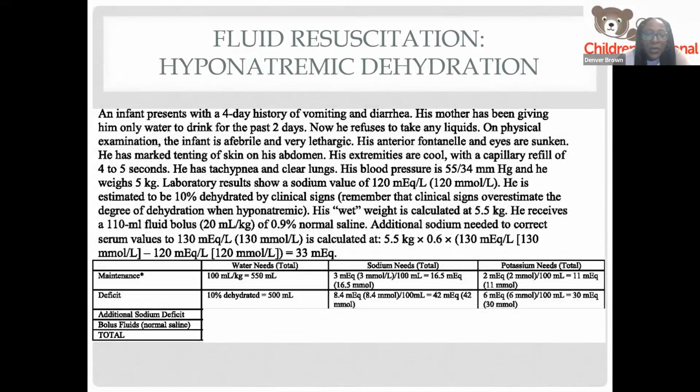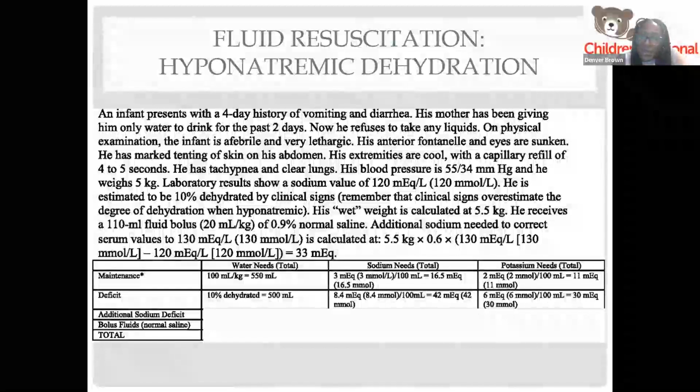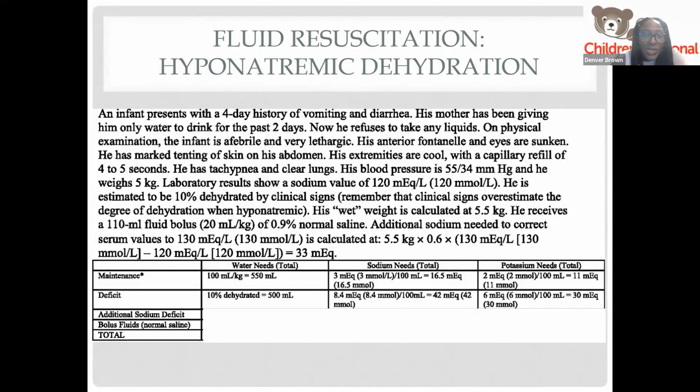Then we think about what are his deficits, both his sodium deficit and his water deficit. We said that this patient is 10% dehydrated. That means when we think about dehydration, we want to calculate the fluid deficit by saying 10 ml per kilo for every percent dehydrated they are. So if this patient is 10% dehydrated for every kilo that they weigh,